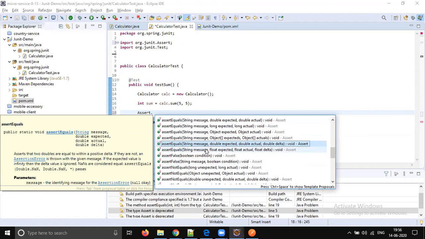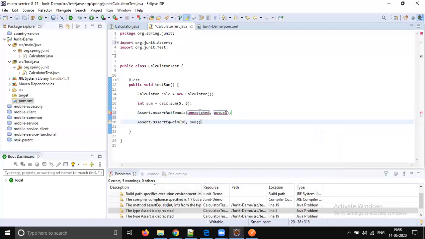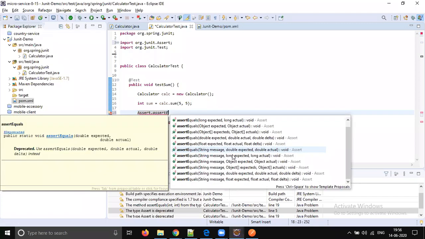Okay. So assertEquals long expected. Let's use this. Expected, actual, delta. So this thing we have expected.